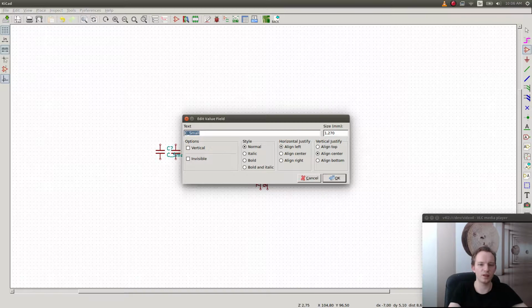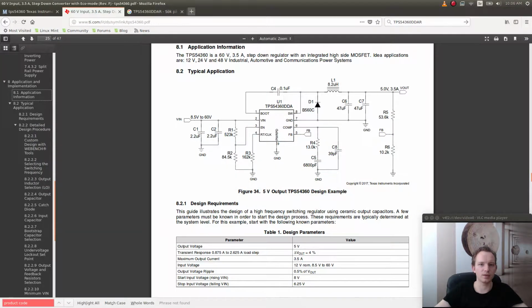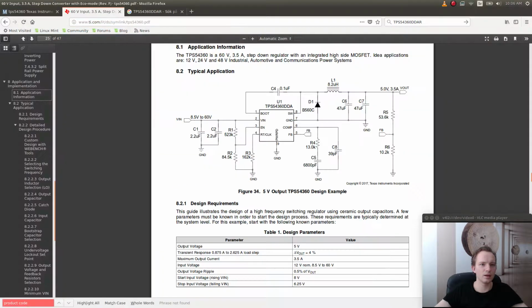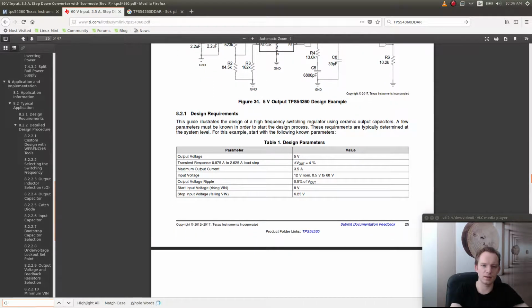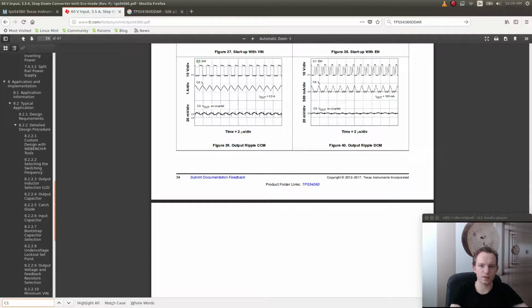I press V to set the value. So this is going to be, let's see, maybe we use... let's see what capacitors we can find that are good capacitors. Let's go back here. Does it say how we design for C1 and C2? Or is it just...